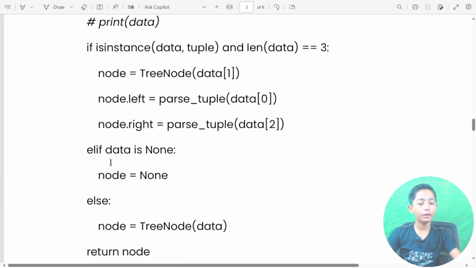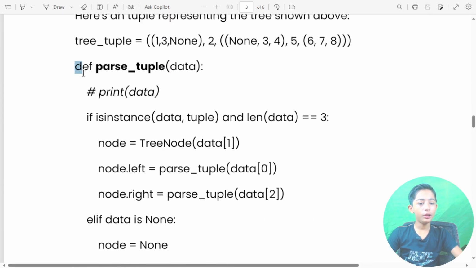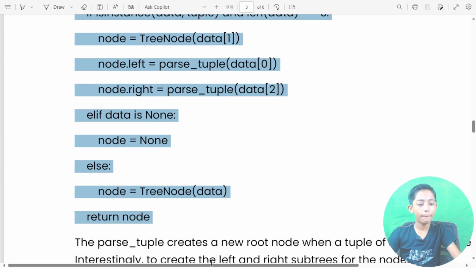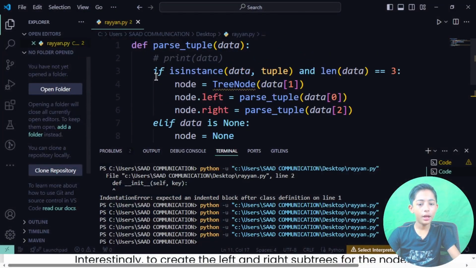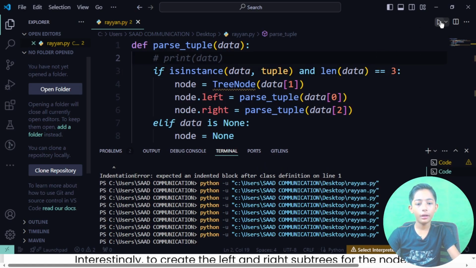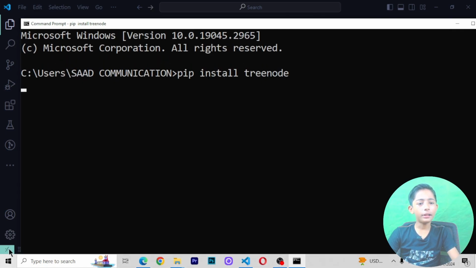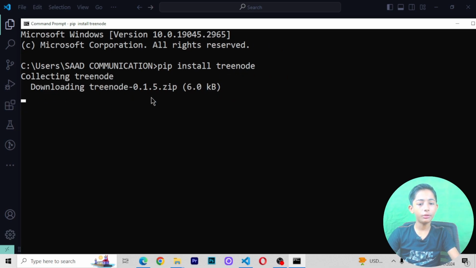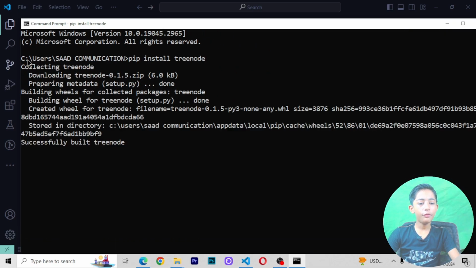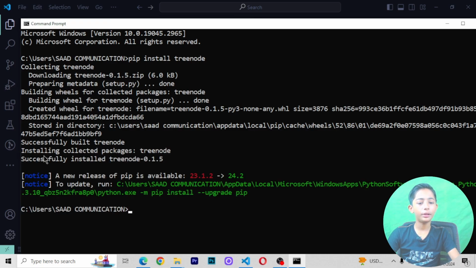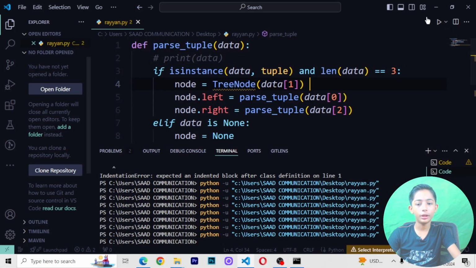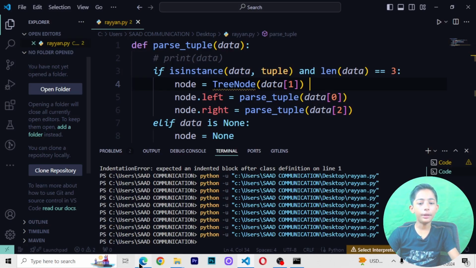And this code has been written. When I write this code here, when I save it and run it, this code is here. And if I go to my command prompt, here I write pip install tree node, and then Python will start downloading the tree node. Just wait a moment. Here you can see tree node has been downloading. Building wheels for collected tree node, successfully built tree node, and now tree node has been installed. Now let's come here again.